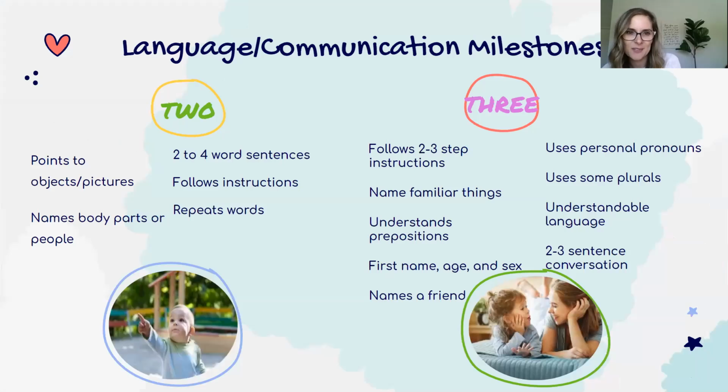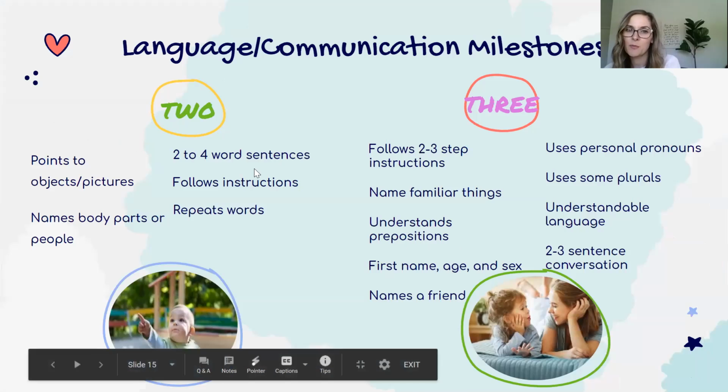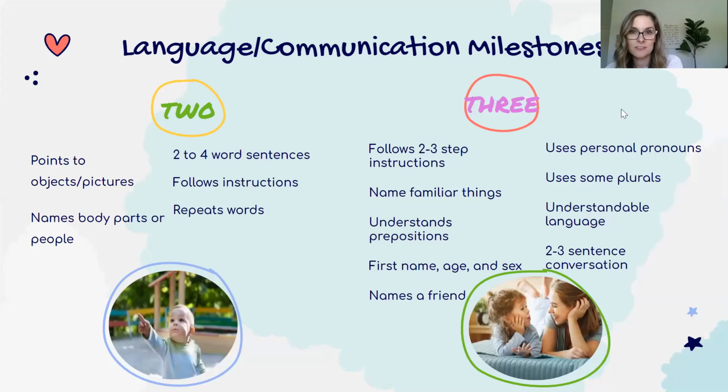Okay, so next slide, we're going to jump right into our milestones. So 2-year-olds, a 2-year-old can point to things or pictures. And my 1-year-old does this. I mean, she's not necessarily pointing at certain things. She just likes to imitate, right? And when we talk, there's the bunny. They know names of familiar people and body parts. So I tell my older daughter, point to your knee, or they can name everybody in a picture.